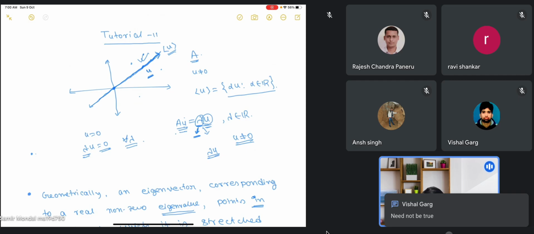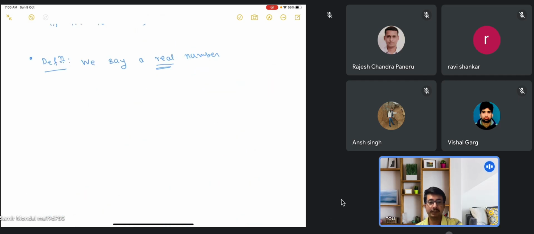So for this reason I am talking about real matrix. I'll give you an example. If you take complex numbers, that time it will always exist. I am coming to that later. So first please give me time to define what is the eigenvalue and eigenvector. Say real number, lambda